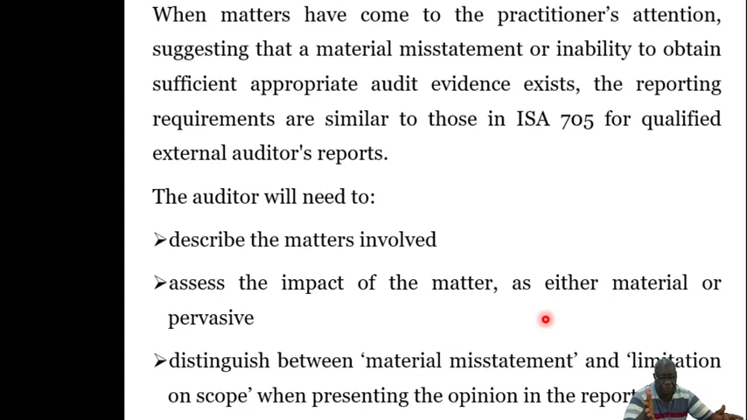So if some issue has come to your attention, when matters have come to the practitioner's attention suggesting that a material misstatement or inability to obtain sufficient appropriate audit evidence exists, the reporting requirements are similar to those in ISA 705 for qualified external auditors' reports. So they are saying that if something has come to your attention, which in actual fact needs to